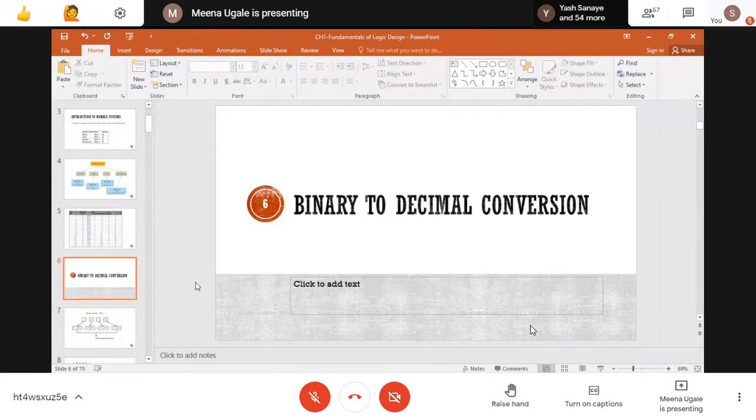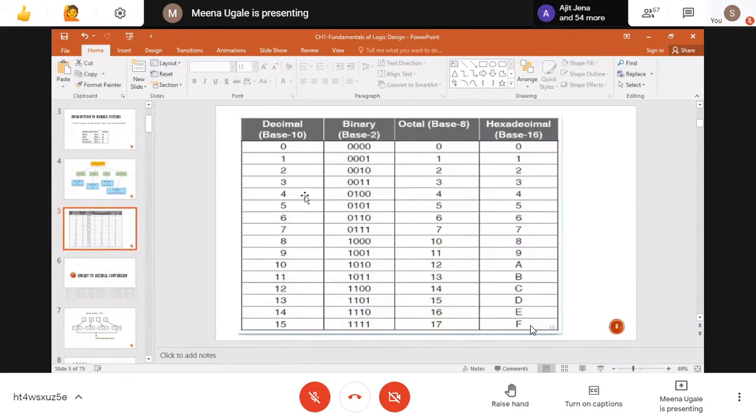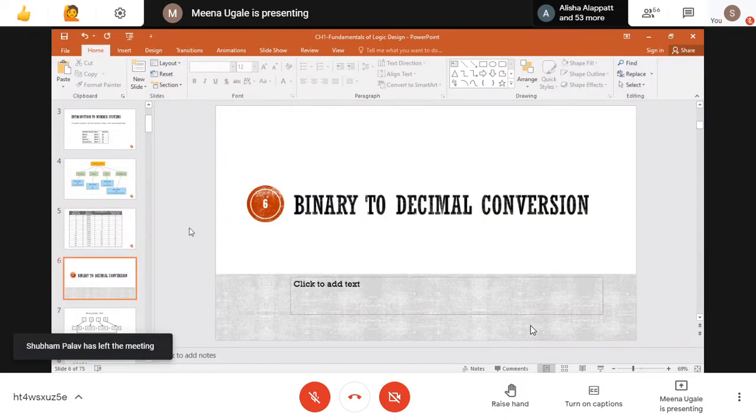We will start here from binary to decimal conversion. Now this table you understood. With this table we have the notations given. Now if I give you any number in decimal or any number in binary, how can I represent that number in another number system? That we are going to study now. Please note down this point, binary to decimal conversion, the first part.